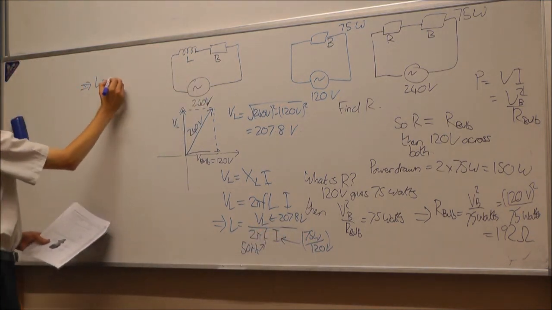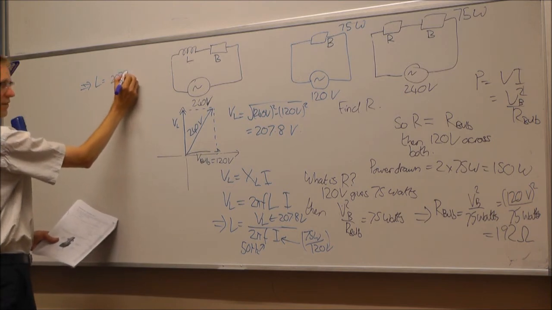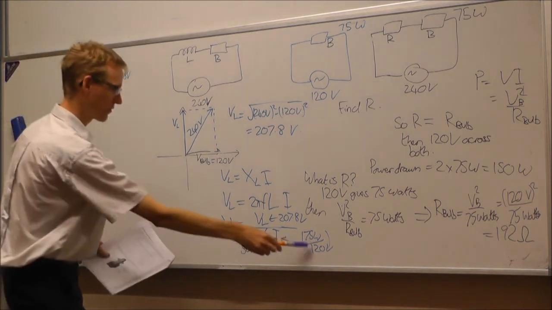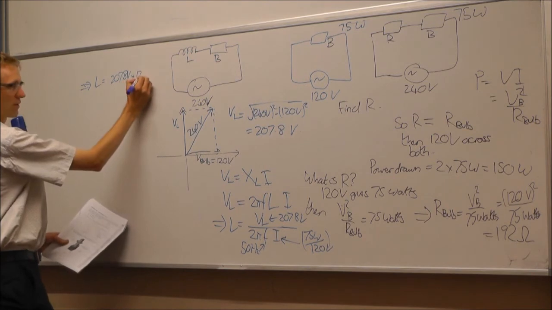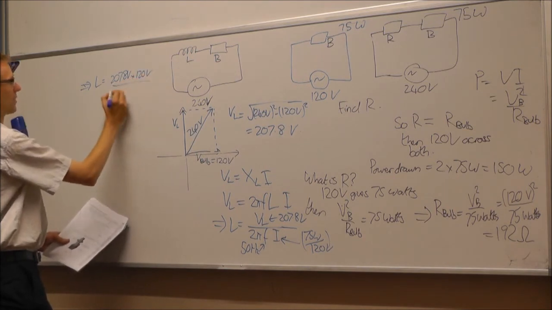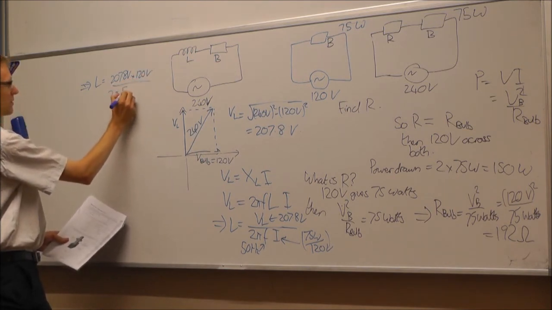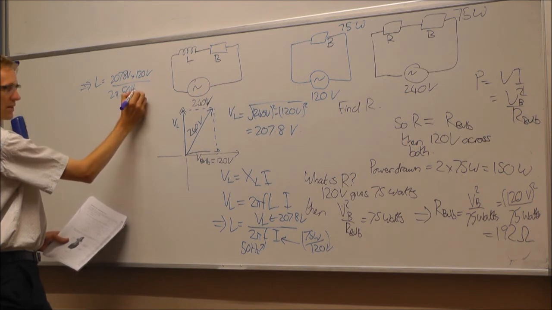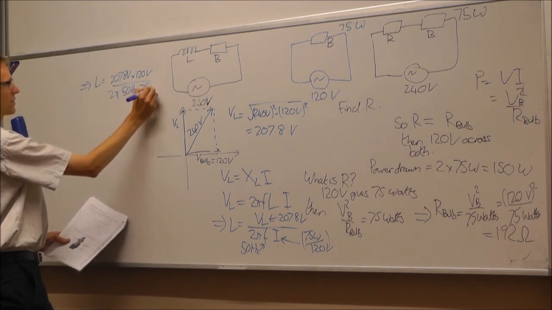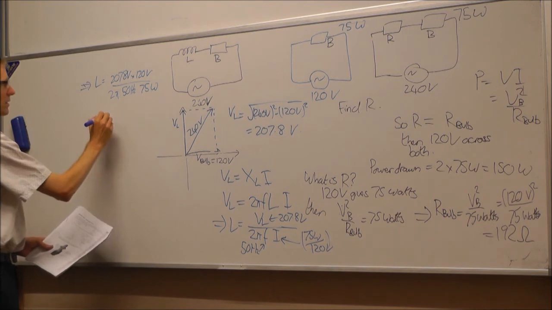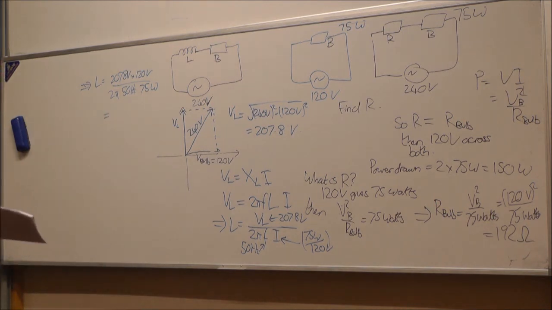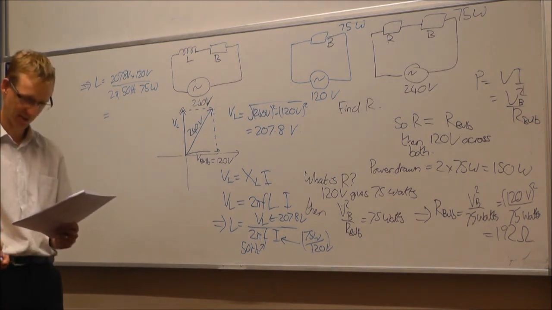So that gives us 207.8 volts times 120 volts divided by 2 pi times 50 hertz times 75 watts equals, someone's busy pressing the numbers,